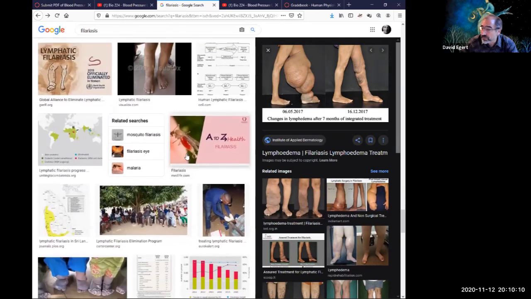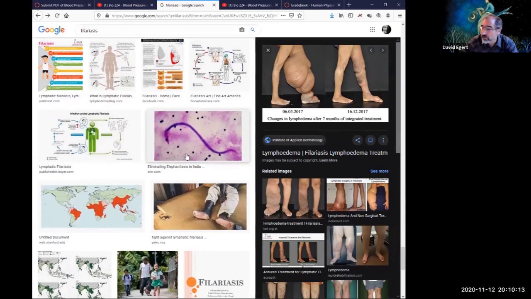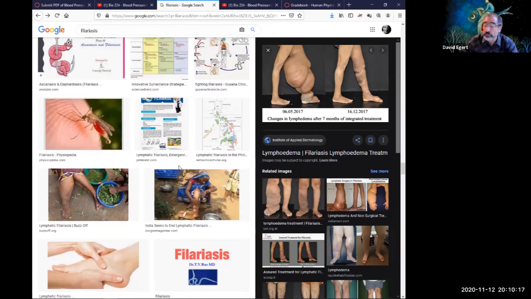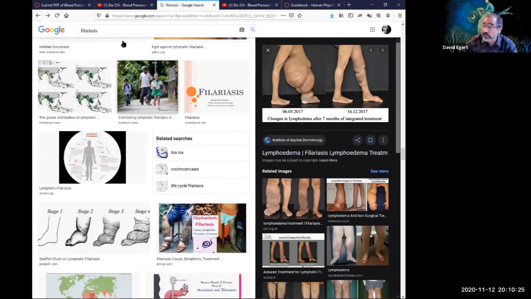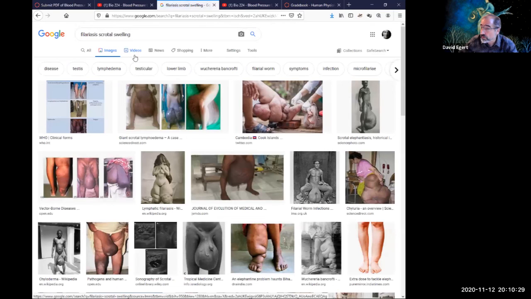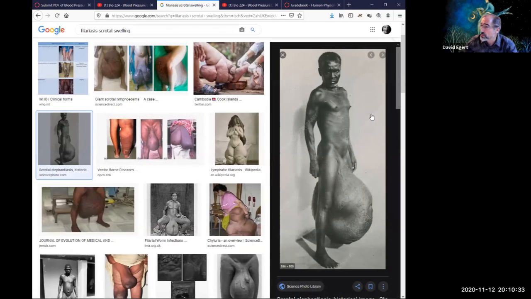Maybe I shouldn't show. There are pictures of people literally moving their scrotal sacs around in a wheelbarrow because their scrotums have become so enlarged. You can get horrible stuff like this,